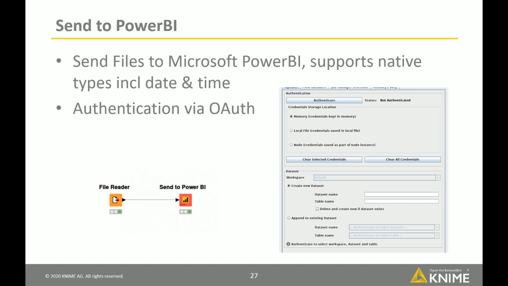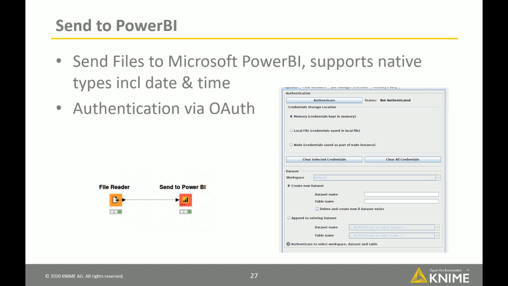Some other functionality here: we've been getting requests for a PowerBI node for a while now, so we made one, and it does pretty much what it says on the tin. Send to PowerBI does exactly that. It's going to take any files that you have from KNIME and send them to PowerBI. One of the nice things is that it does support the native KNIME types, including things like date and time. So if you've already done some pre-processing on that in an ETL workflow, and you can send those to PowerBI,